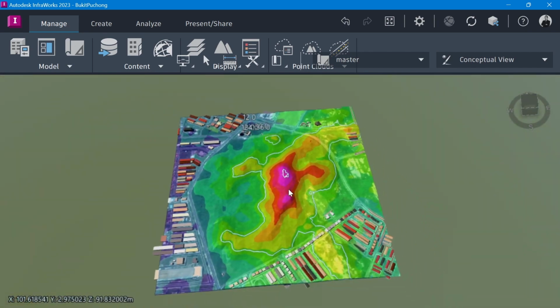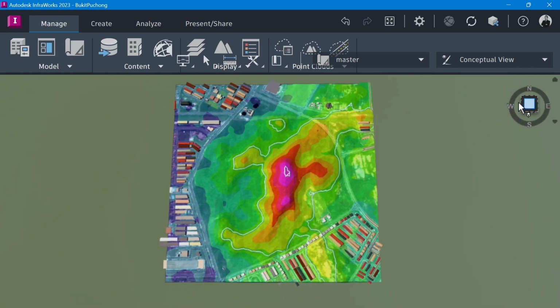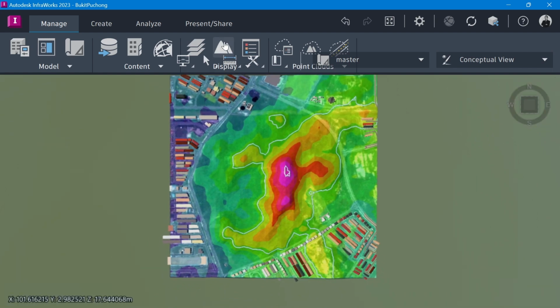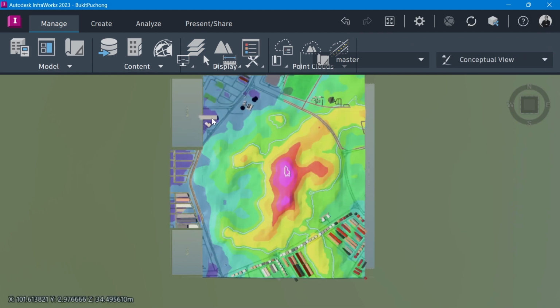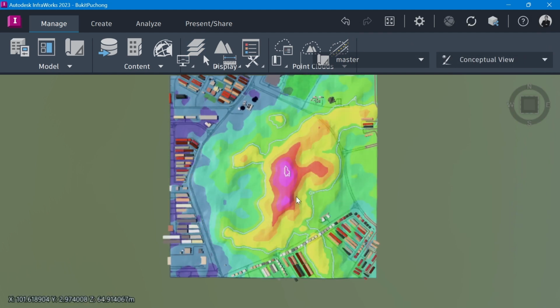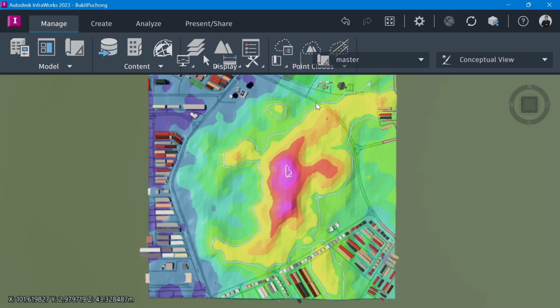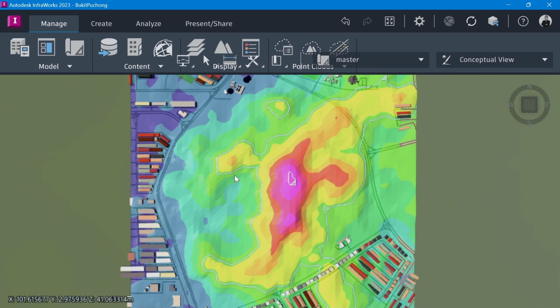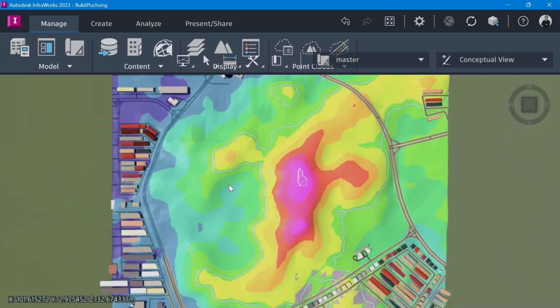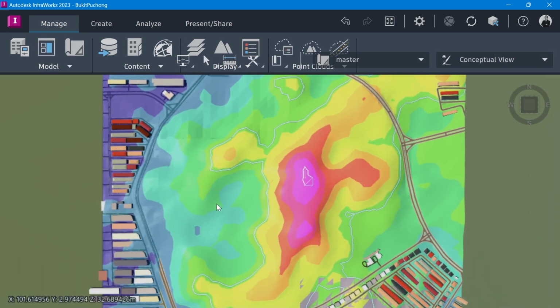Okay, so that's for the color code. You can still change this one. Okay, remove this one, and then okay. So it will be only the color, the contour or the elevation. From here we can see how to connect the road from here to here, even though it already exists. Let's say the building platform will be in this area. So you can connect from this point to this point, or from this point to this point.